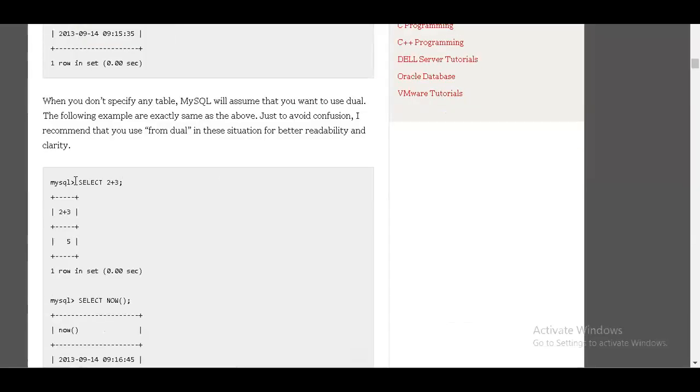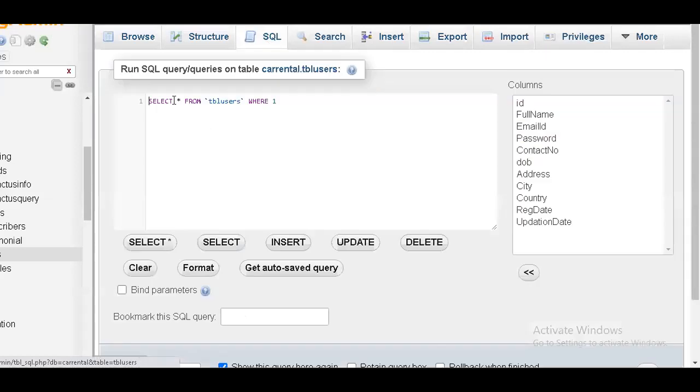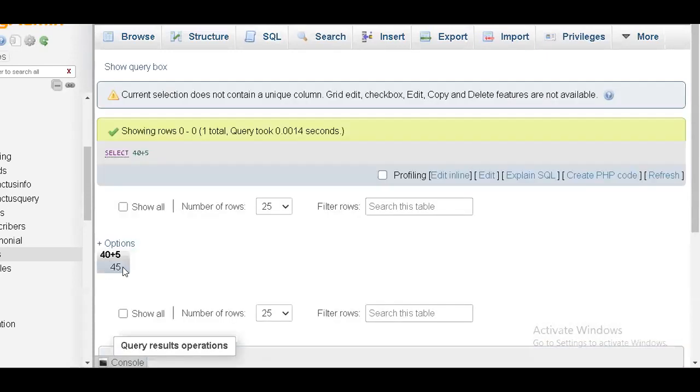You can even write it like this also. Previously you were using dual, but directly I can write select 40 plus 5, and it says 40 plus 5 is 45. So I can get the output in this fashion also.